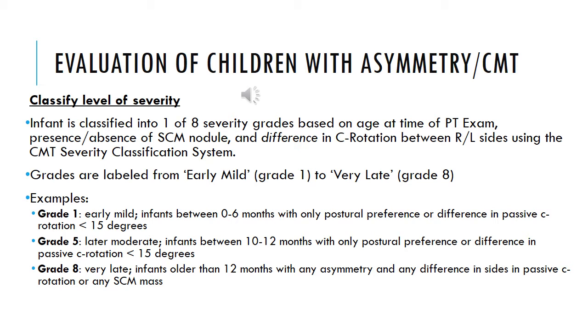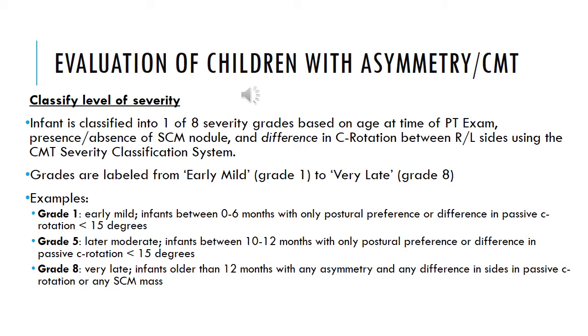There are 8 grade levels associated with torticollis, and an infant is classified into one of those 8 categories based on the age that they were at the time of the initial examination, so really looking to see when treatment is beginning. Their range of motion as it relates to cervical rotation, specifically the differences between their right and their left side, so trying to pick up on that asymmetry. And then whether or not they have an SCM nodule. So those 3 factors are going to help us as physical therapists prognosticate how long recovery is going to take and intervention is needed, and also the extent of which we can expect that child to regain full motion and